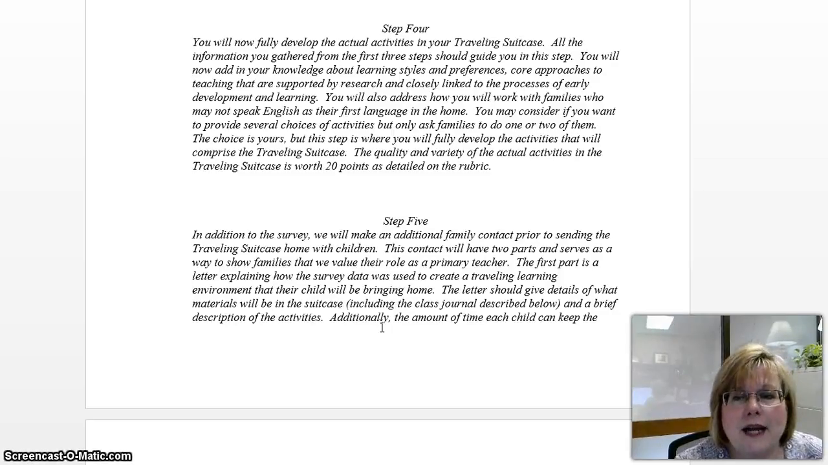and you're now going to add in your knowledge about learning styles and preferences, and core approaches to teaching that are supported by research and closely linked to the process of early development and learning. You'll also address how you will work with families who may not speak English as their first language in the home. You may consider providing several choices of activities, but only asking families to do 1 or 2 of them. This choice is yours, but this step is where you will fully develop the activities that